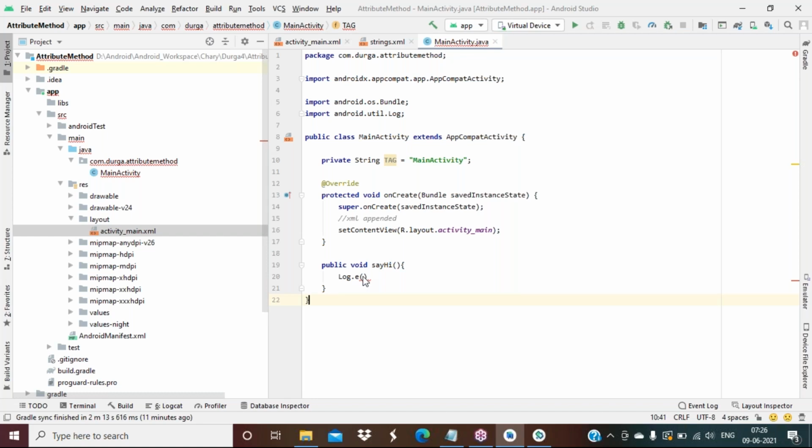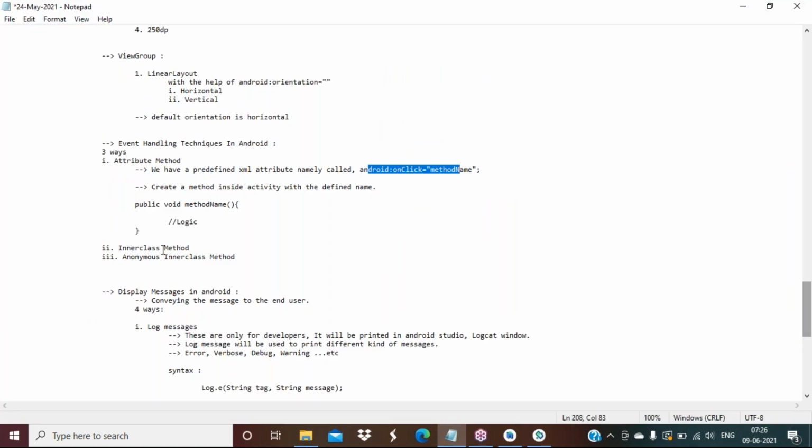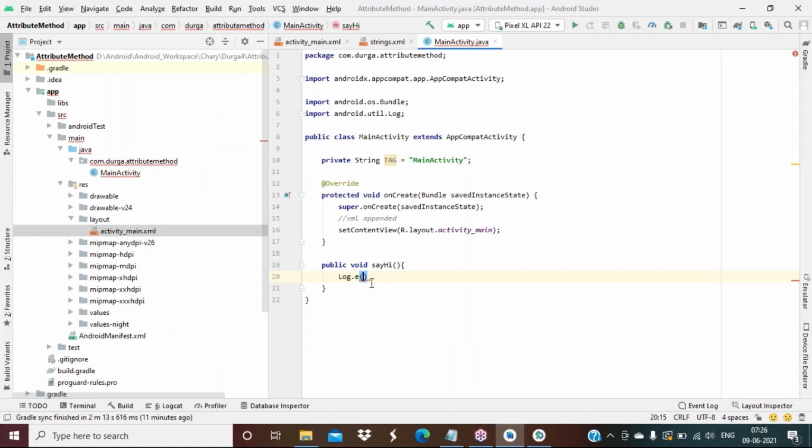So here, I have to write the Log syntax where I have written E, string tag, string message. Here the tag I have defined on the top. What is the message you would like to convey? Hi to all.